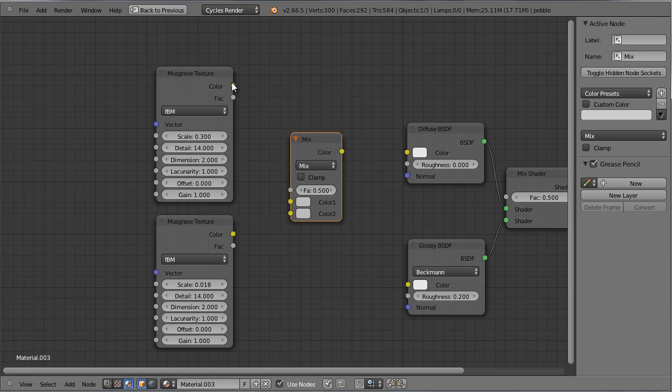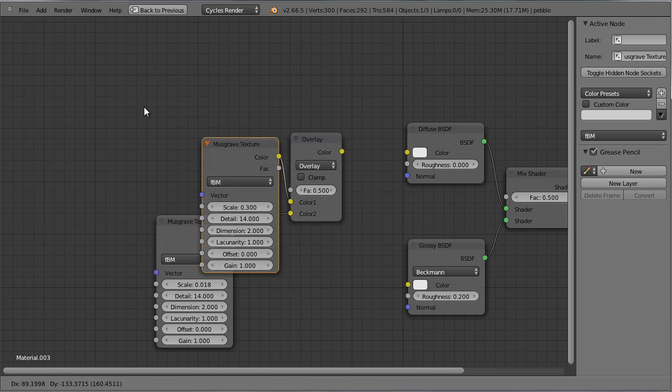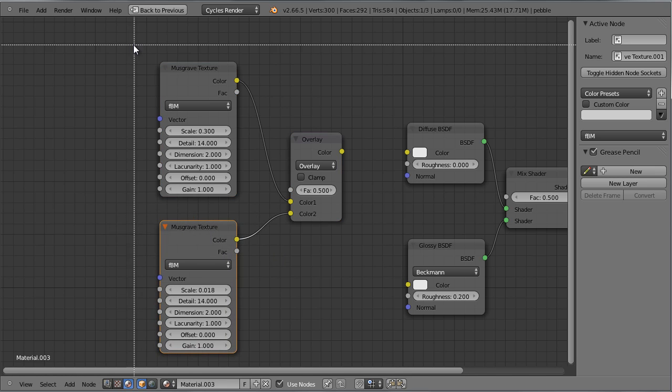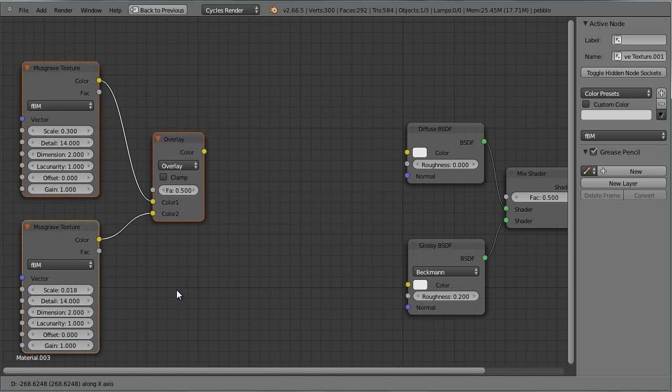I want to fit them into this mix color node, and I want to change the blend mode to overlay. Let me rubber band select those and grab them somewhere here,